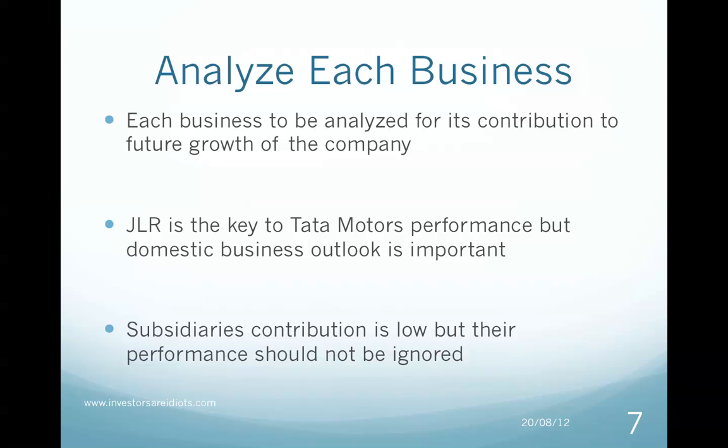And the subsidiaries, while they don't look very important at this point of time, will also have to be analyzed, because you never know. You will have to look at the leverage those subsidiaries are carrying, and whether there could be any potential losses in those subsidiaries that could drag bottom lines going forward, or if some of the subsidiaries can show extremely high growth leading to more contribution from them. However, what's going to lead Tata Motors forward at present is obviously the JLR business, while the domestic business is undergoing issues, and whether that can turn around or will it deteriorate. That will be the object of our analysis in the next few tutorials